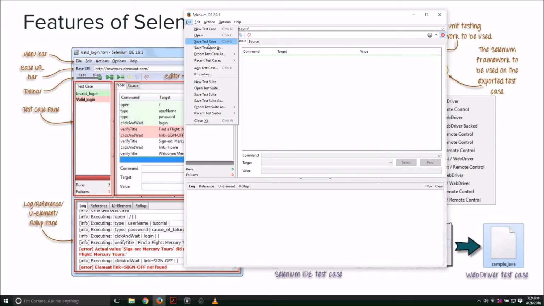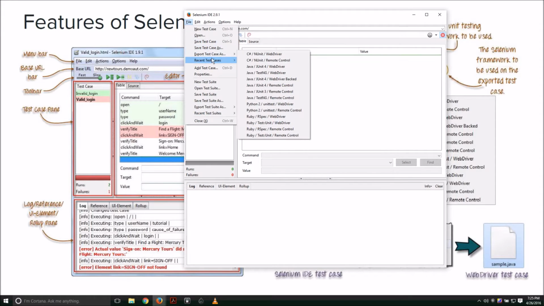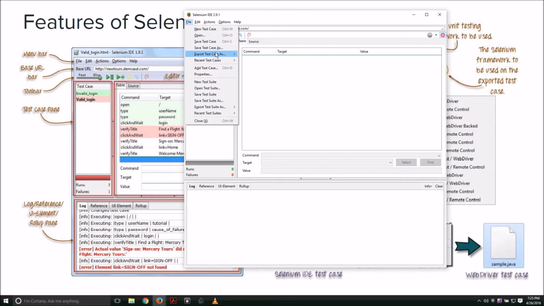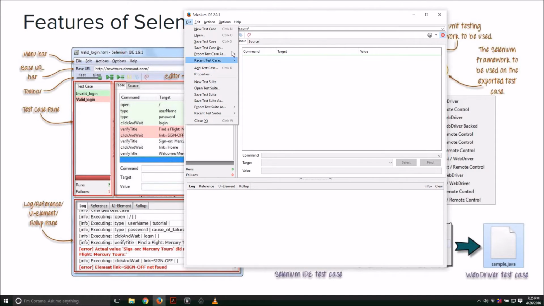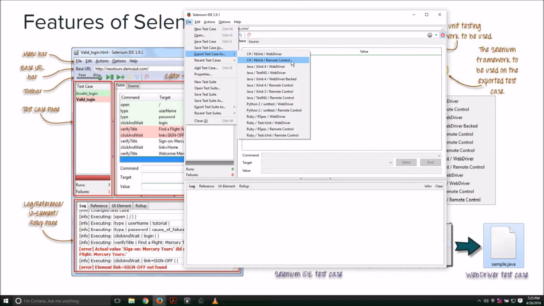Yeah, so then there are many other options too. One of the most interesting options we found was this export test case as option. The beauty of this is that now you've recorded your interaction, and if you want to modify those test cases in languages other than JavaScript, see in this window, export test case as, there's C hash, that is C sharp, then there's Java, Python, Ruby, a lot of things, and also Rails and WebDriver for different kinds of Selenium features like Selenium WebDriver or Selenium